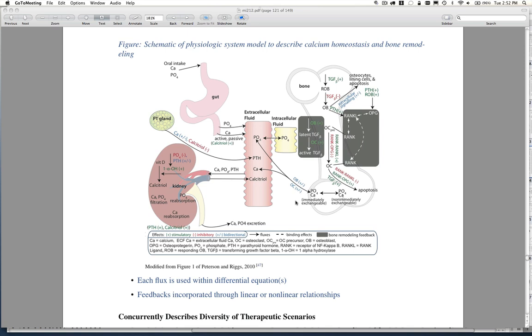The amount that goes back into the bone is again regulated by PTH because of its indirect relationships with osteoblast and osteoclast activity. And then finally, and this is actually the first responder, if you will, when the body starts to notice that calcium levels are going either too high or too low, there's an almost immediate feedback, because calcium feeds back and changes the amount of PTH that's available in the plasma extracellular fluid. I should note that PTH has a half-life of about 5 minutes, so the parathyroid gland, through these calcium sensing receptors, can either decrease or increase the amount of PTH